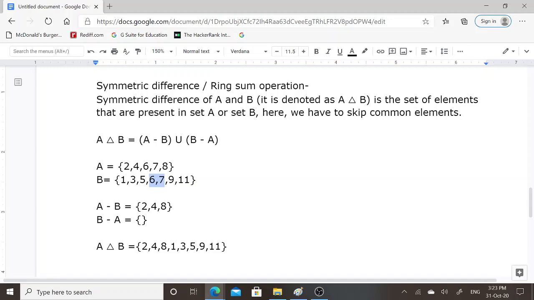Apart from 6 and 7, elements that are present in set B are 1, 3, 5, 9 and 11. This is the operation of set difference B and A, and if we perform the union operation of both set difference A and B and B and A, we will get the same result.